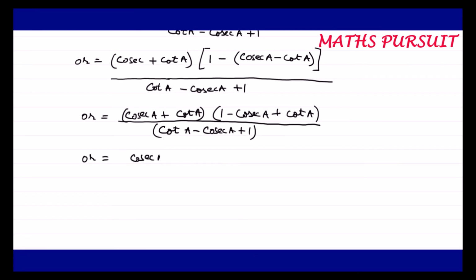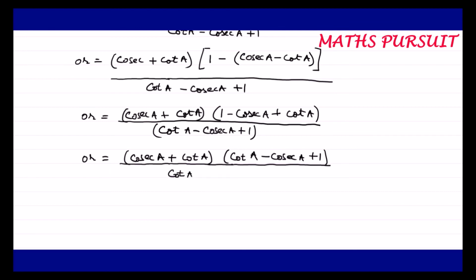So cosec A plus cot A will remain as it is. I am not changing anything there. Just for this second part I am going to change it looking at the denominator: cot A minus cosec A plus 1. I am changing things, but keeping in view the plus or minus symbols, because if we interchange things we need to be very careful. If we do anything wrong to the plus or minus symbols, then we will not get the required result. So this is equal to cosec A plus cot A.